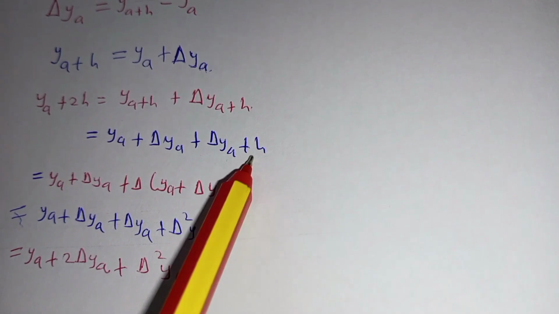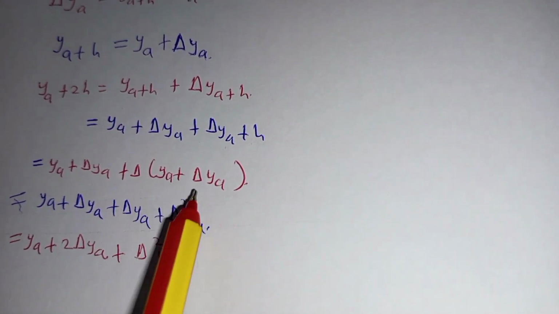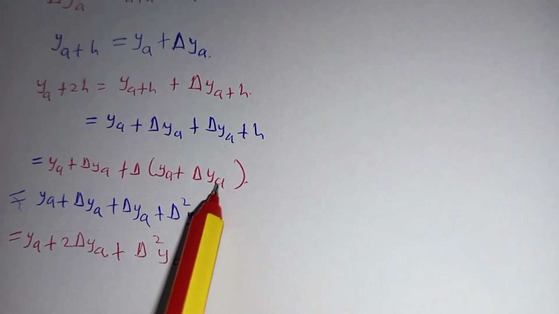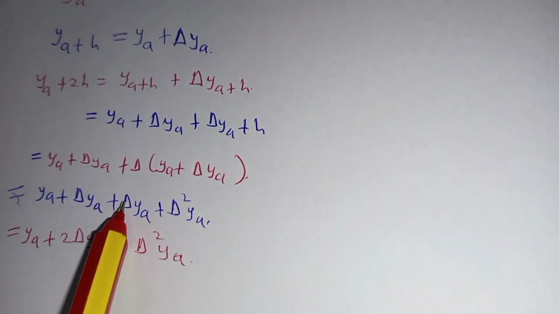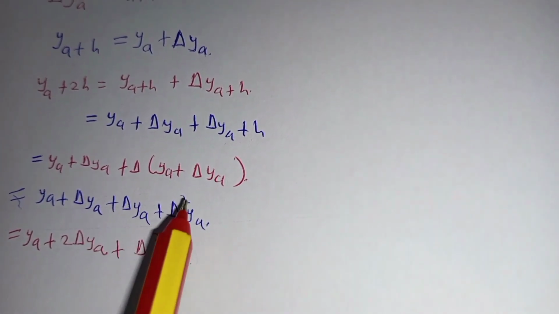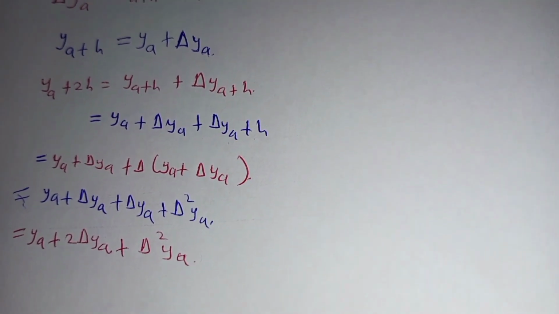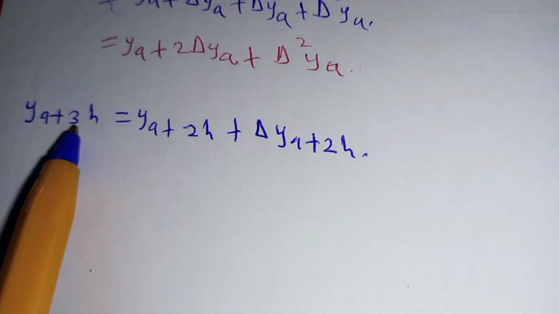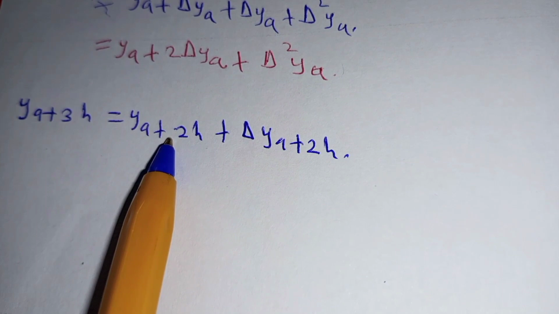Then we have removed the bracket, so here we obtain the first difference of y of a squared. Similarly, y of a plus 3h will be written as y of a plus 2h plus